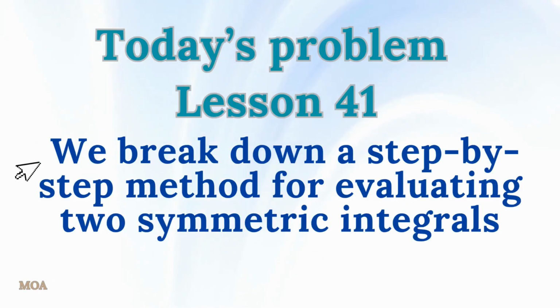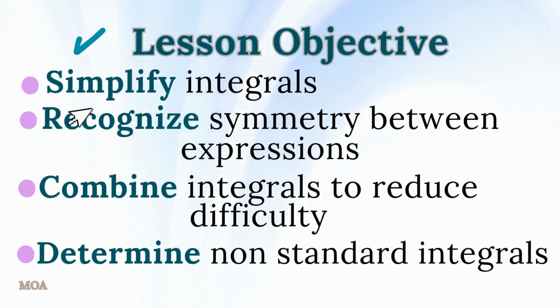In Lesson 41, we break down a step-by-step method for evaluating two symmetric integrals involving square roots using substitution and algebraic simplification. The objective of this lesson is to simplify integrals by choosing the right change of variable. We'll elucidate how to recognize symmetry, combine expressions to reduce the difficulty, and use classical results to determine these non-standard